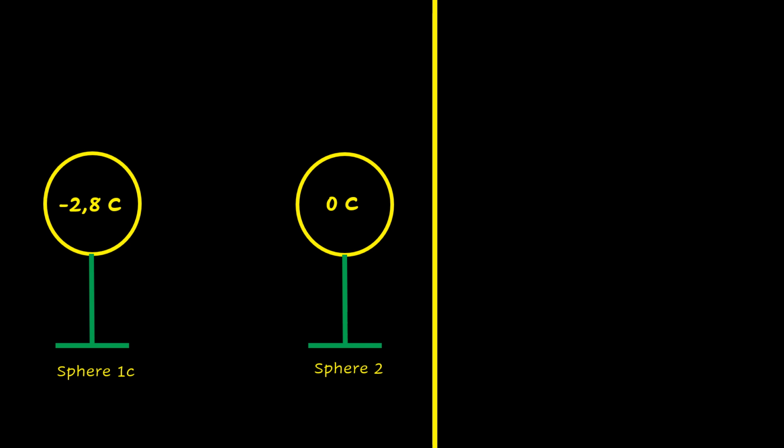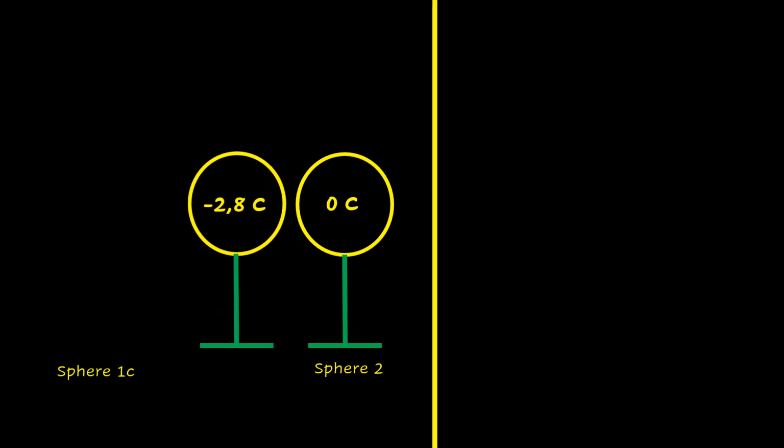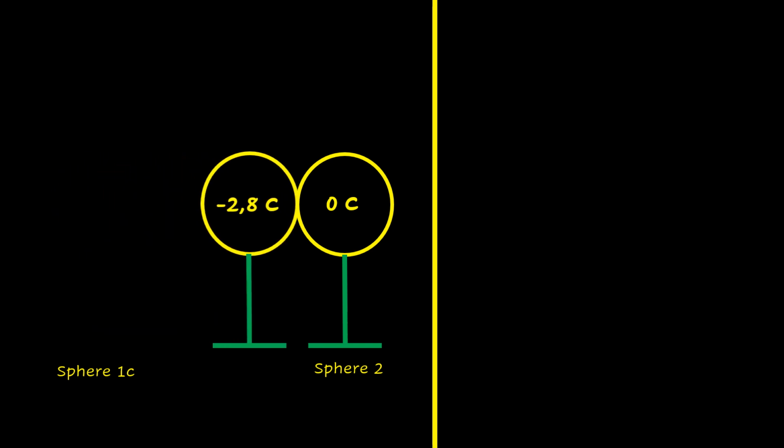When a negative conductor touches an identical neutral conductor, electrons are transferred to make the charges equal. A negative conductor, sphere 1, touches a neutral conductor, sphere 2. Negative charges or electrons are transferred from sphere 1 to sphere 2. This means that 1.4 coulombs of negative charge is transferred from the negatively charged sphere 1 to the electrically neutral